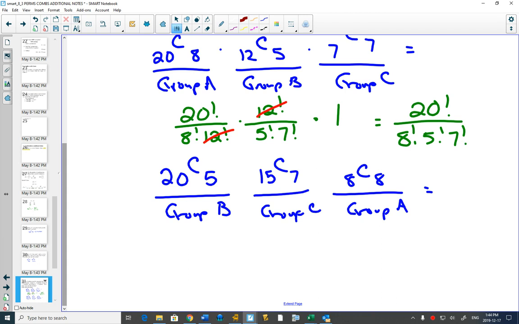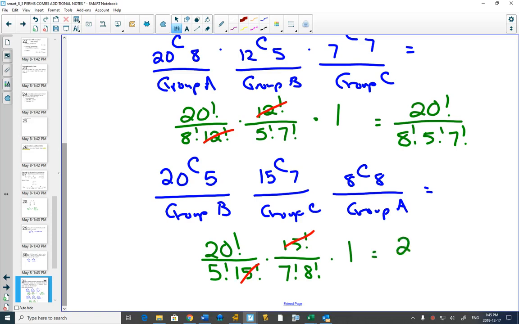If we did the same thing underneath this one, we'd have 20 factorial over 5 factorial, 15 factorial, times by 15 factorial over 7 factorial, 8 factorial, times by 1. Here the 15s would cancel out. And you can see you get the exact same answer. And when I look at the answer that I got,